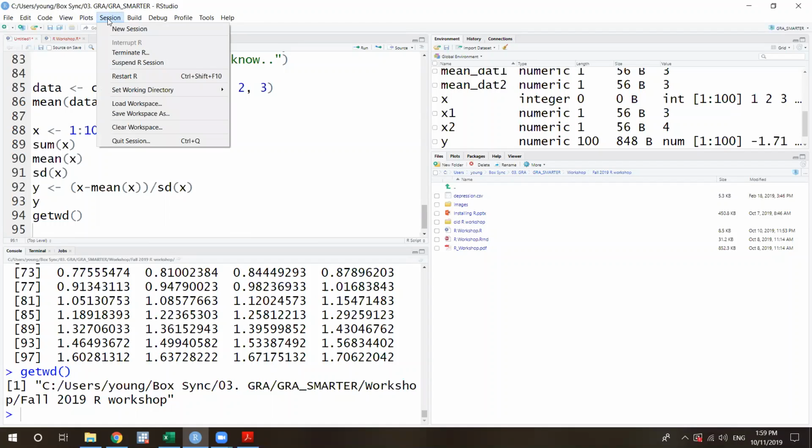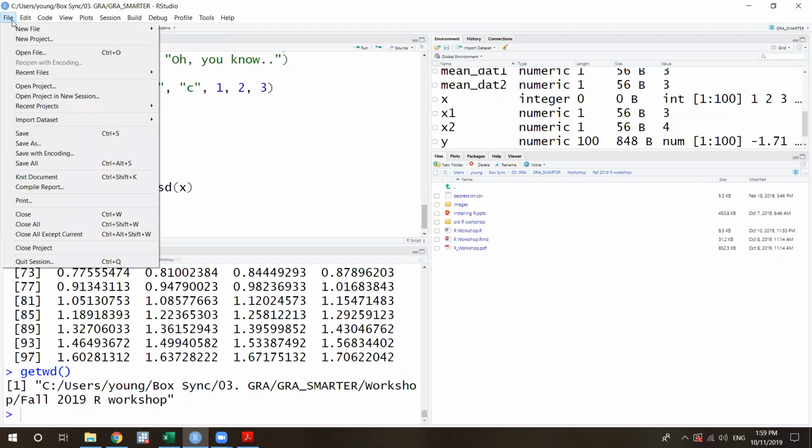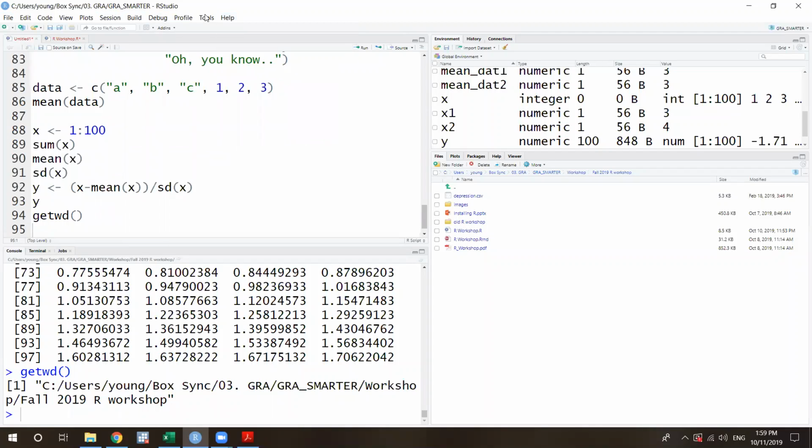Then the Session menu should pop up, with the File menu and every option. Or you can just find your folder here and set your working directory. Okay. Thank you. You're welcome.